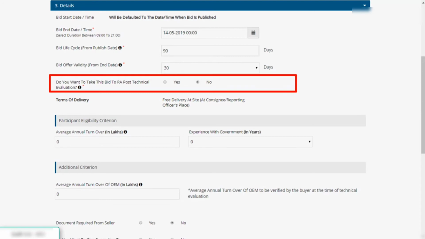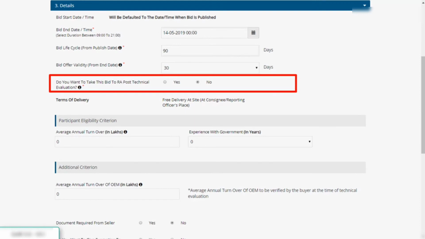After completion of technical evaluation by the buyer, reverse auction would be conducted amongst the first 50% of the technically qualified bidders, arranged in the order of price from lowest to highest. Number of sellers eligible for participating in RA would be rounded off to the next higher integer value. If the number of technically qualified bidders is odd, for example, if 7 bids are technically qualified, then RA will be conducted amongst L1 to L4.